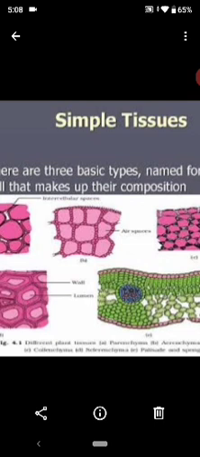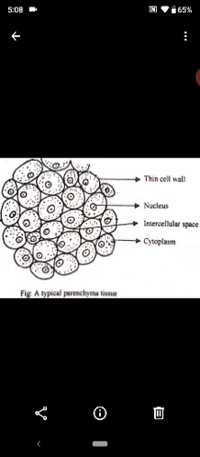Epidermis is the outermost covering of the leaf, stem or root. It is usually unilayered, single-layered, but it becomes multi-layered in plants found in dry conditions in deserts. This thick epidermis has an outermost layer called the cuticle, and this cuticle is made up of cutin. It prevents the loss of water